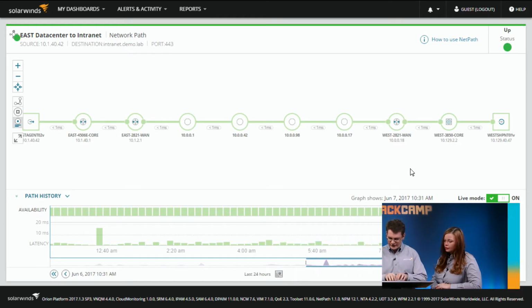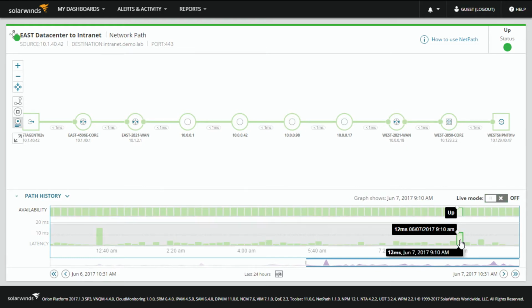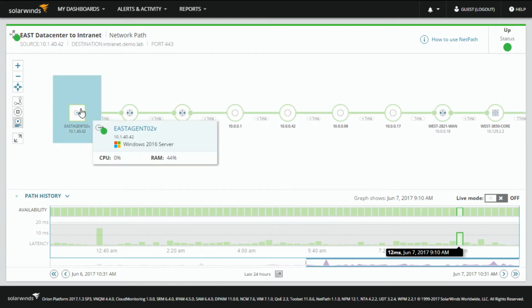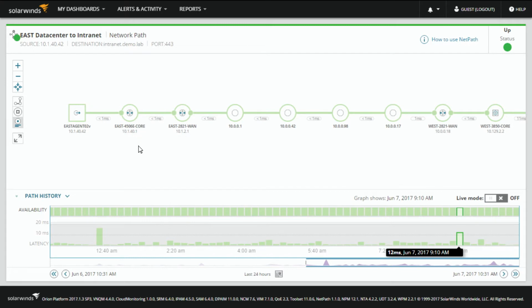So this picture tells me, over here at something like 9:10 a.m., my latency is a little higher than normal. 12 milliseconds, not really bad. And if I click on that, then it will load for me that graph for that time period, and I can see each one of these individual components. Now, starting from the extreme left-hand side, I see my probe reaches its default gateway, and I know this 4506, I recognize that, right? That's one of my machines, I know what that is.